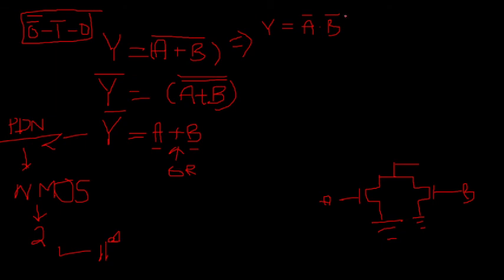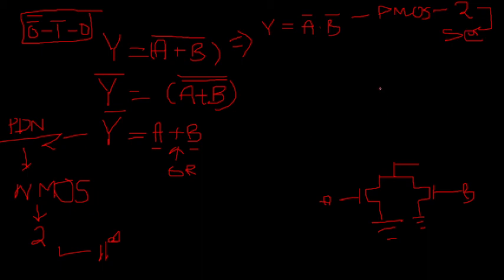Pull-up network will consist of what? It consists of PMOS transistors. First thing, now we know we have to use PMOS transistor. So second question is how many PMOS transistors are required? Because two inputs are there, we will be needing two PMOS transistors. Now you know the number of transistors. Now you should figure out in what fashion they should be connected. Because dot sign is there, they should be connected in series.